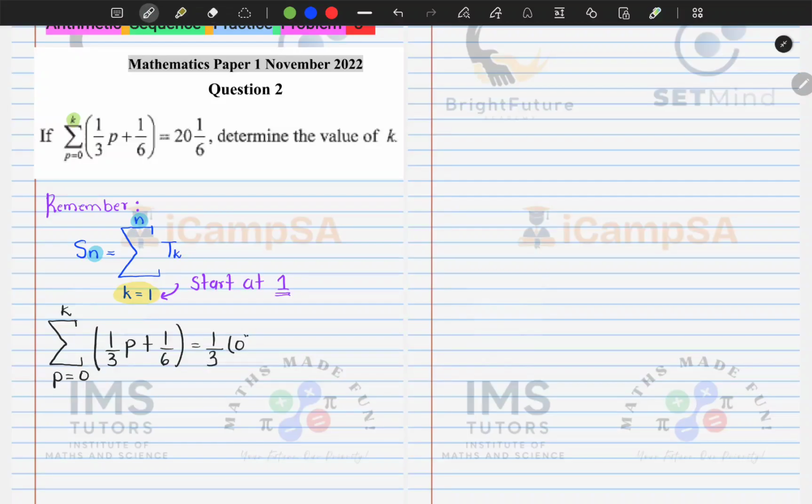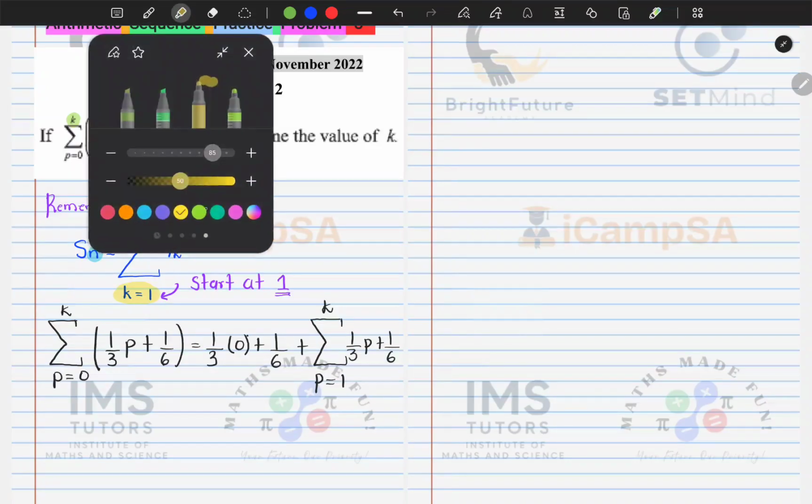So we'll have 1 over 3, we'll use the 0 already, and then plus 1 over 6. Then since we've used the 0, we can now go ahead and start from 1. So our p will be from 1 up until k, and we have what we had, 1 over 3p plus 1 over 6. Now this we are happy with,